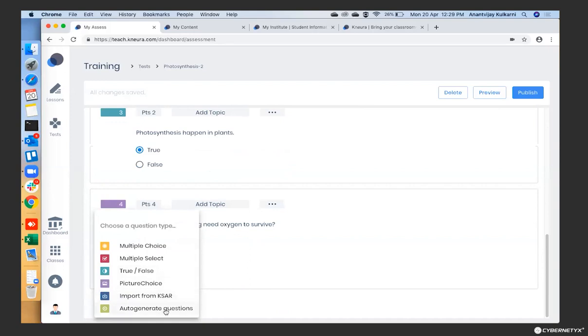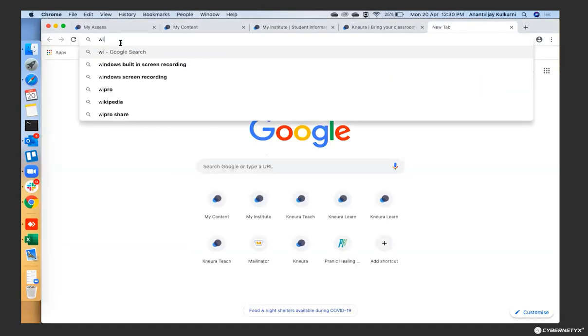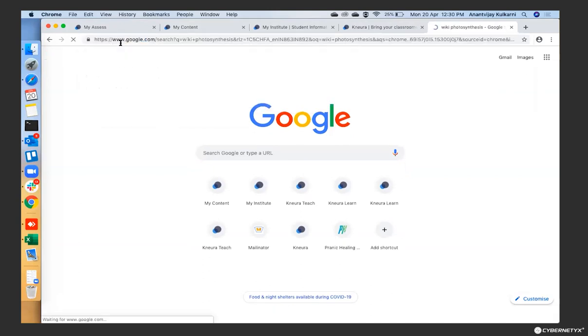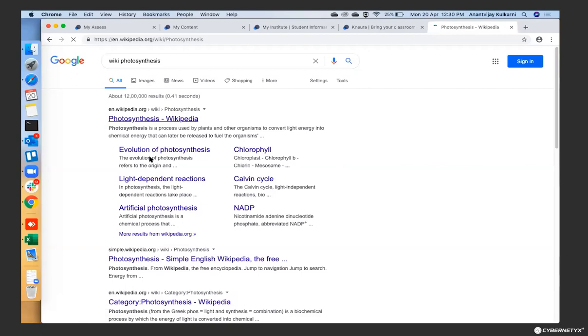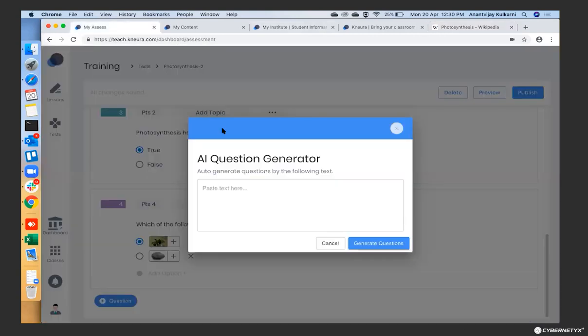And what you see here, the auto question generation is one of the key highlights of this platform, because this helps the teacher to automatically generate the questions based on the content that you have given here, where the AI can actually automatically generate questions. So let me pick up some topics. Let's say I just open this Wikipedia and I say that this is the content here. All I can do is copy it, go to my platform, and put it here.